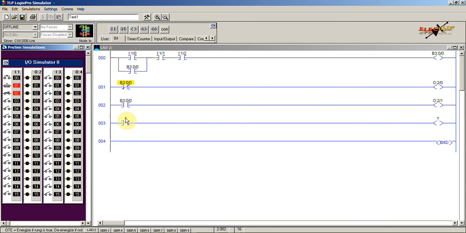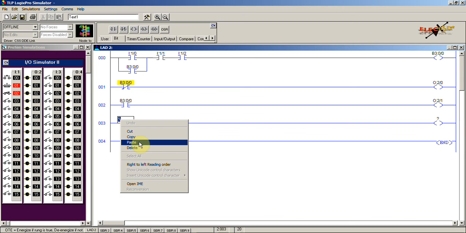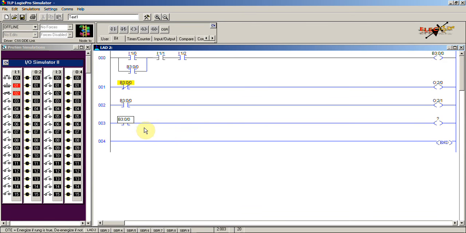After that, by obtaining the status of this bit, we can start the motor by giving this examine if closed. It means if this is true, then the bit status is 1, and this bit status is also 1, and this will be true, so that our motor will be turned on. Here this motor coil is connected to terminal number 2, so that address will be given to this particular output. So this is all about the programming part, and now we will download this program to the PLC, and then we'll keep the PLC in run mode.